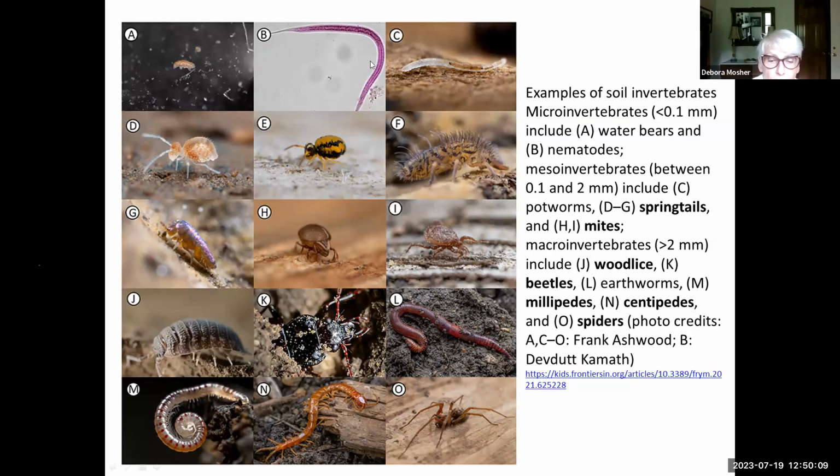But this is a nematode worm here, a roundworm, doesn't have any segments. Yeah, roundworm. Water bear is a tardigrade. We didn't talk about it. Oh, totally left it out. Okay. And this one also gives you the sizes without the white bars. So there's a bunch of springtails. What is C? Potworms. Yeah, that's a kind of worm that we didn't talk about.